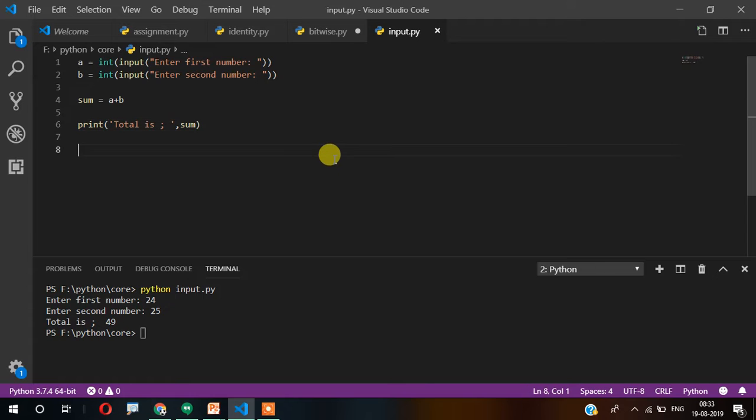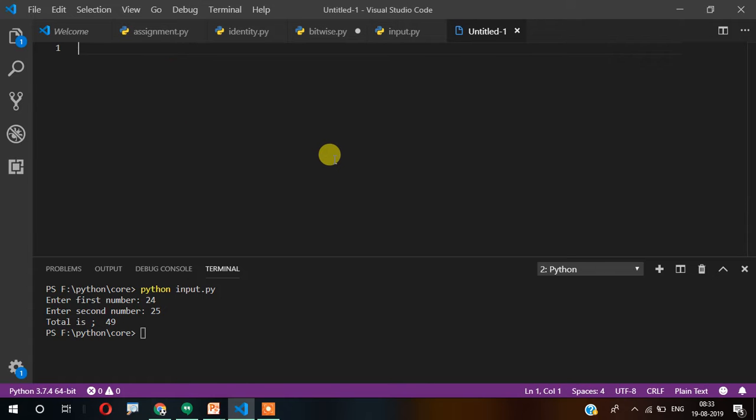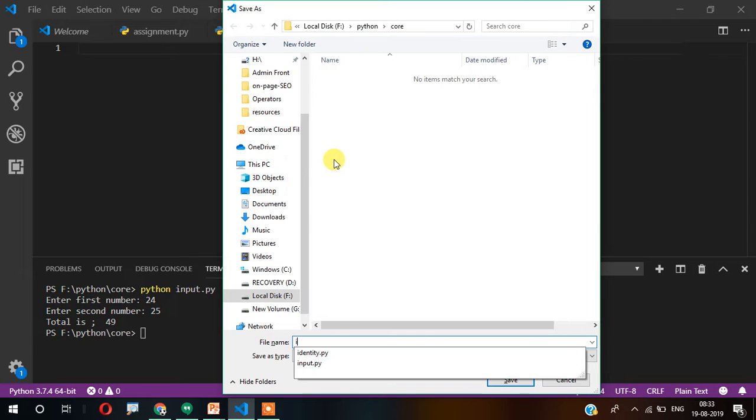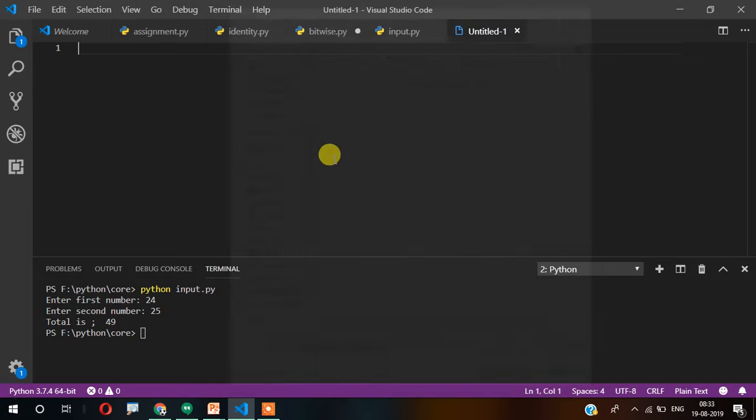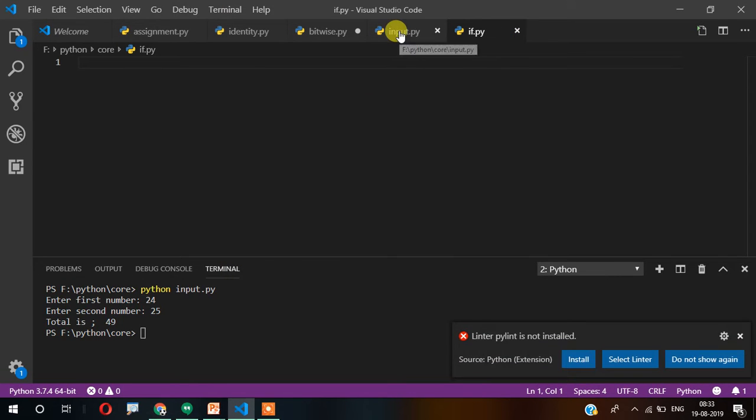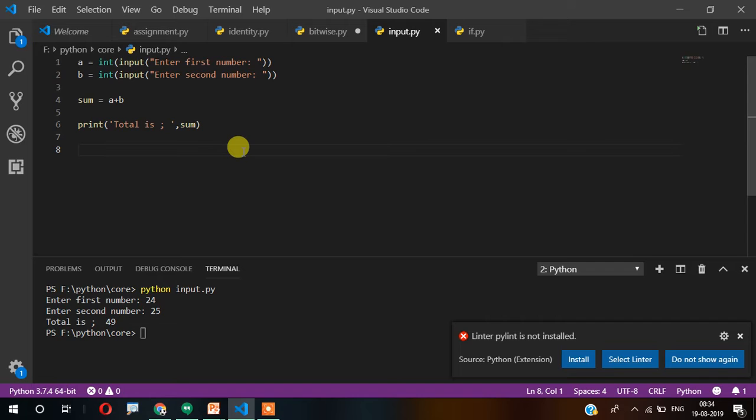So let's create a new file called if.py. Now in the previous video I showed you how input works, so let me copy the whole code here rather than typing it. I'm entering two numbers here, a and b, and rather than doing this sum, I will write here if